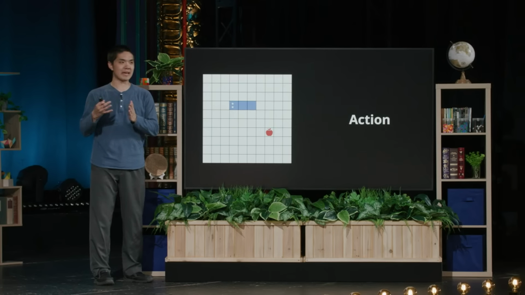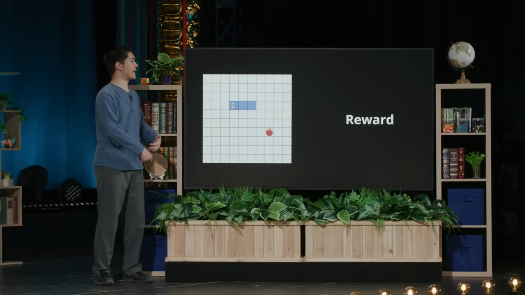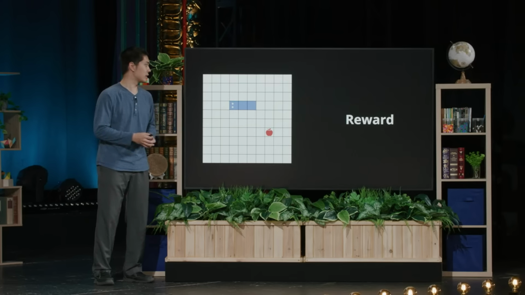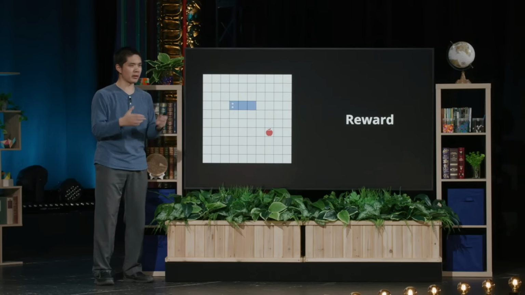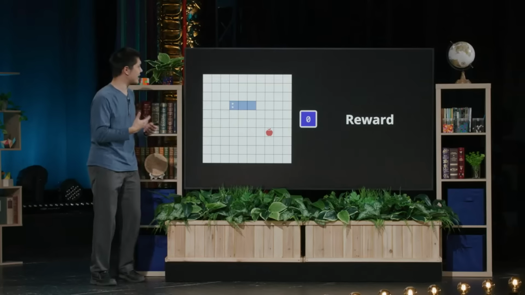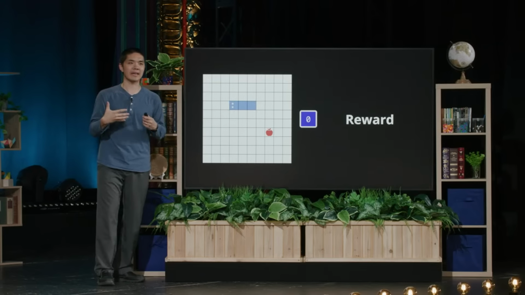And as a result of taking a particular action in a particular state, what we're going to do is give the AI some kind of a reward. And the reward is just going to be a number. A positive reward is good, and a negative reward is like a punishment. It's something bad. In this case, we didn't crash, we didn't get any food, so it's kind of neutral. We'll go ahead and give that a reward of 0. But then the idea is that we now have this concept of a reward that results from taking an action in a particular state.